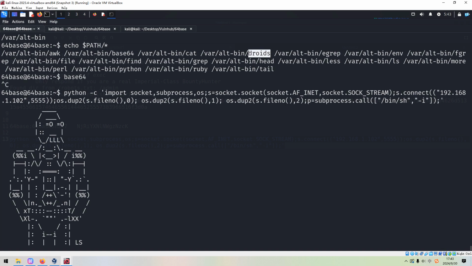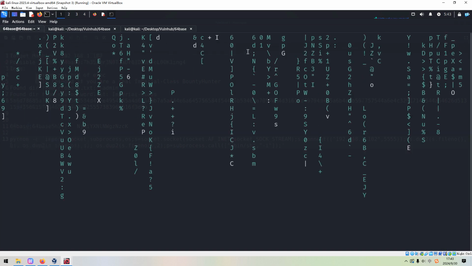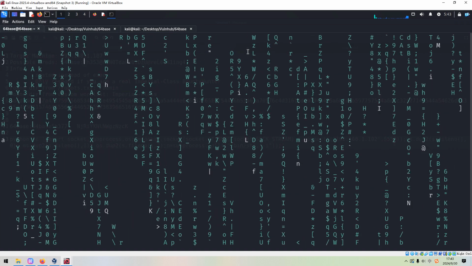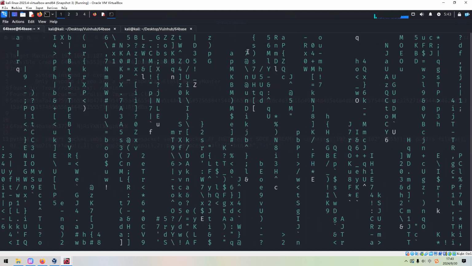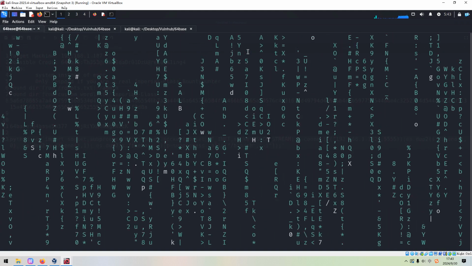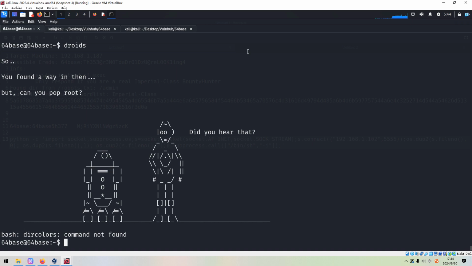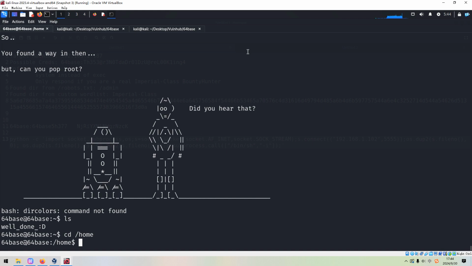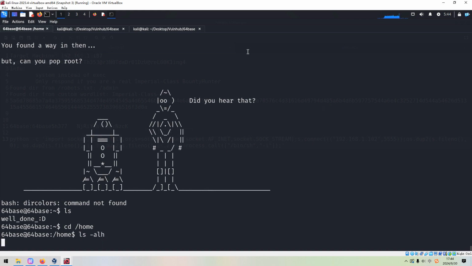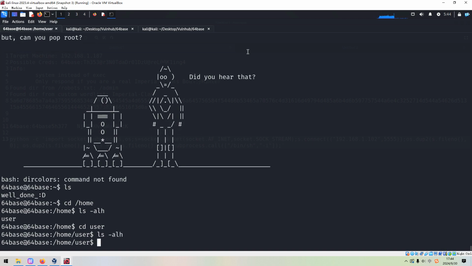However, we found this very weird binary. So let's run it to see what it's about. Interesting. A lot of characters falling down to the bottom. We can Control C. This time, we can navigate. Very weird, right? So now we need to do some local enumeration, for example, like lateral movement, but nothing there.